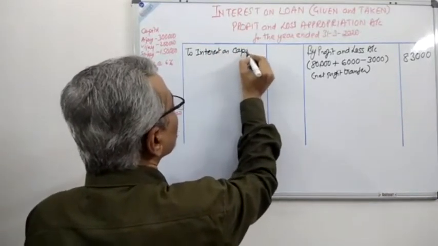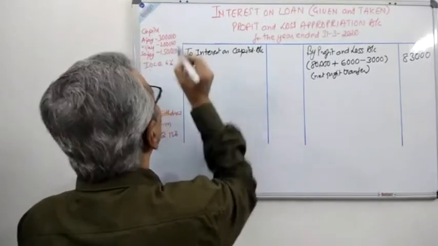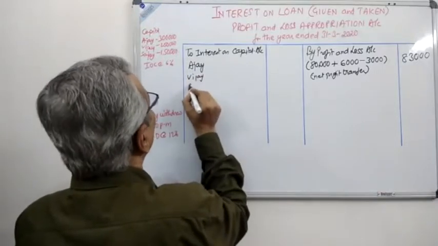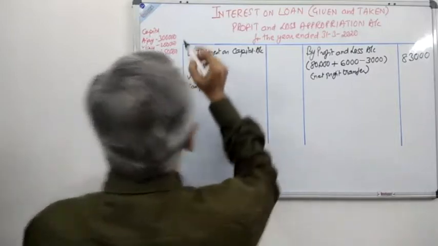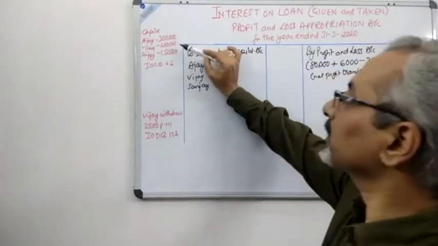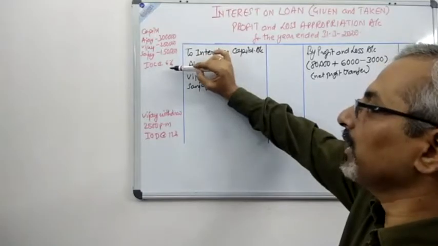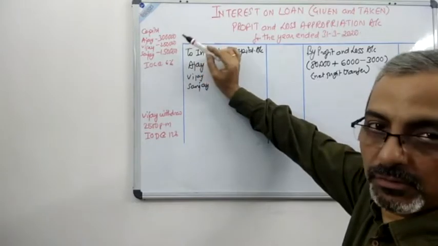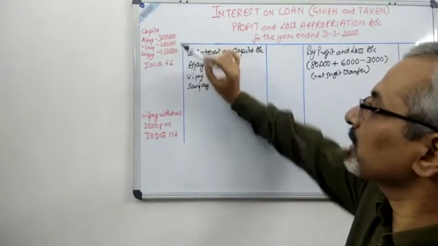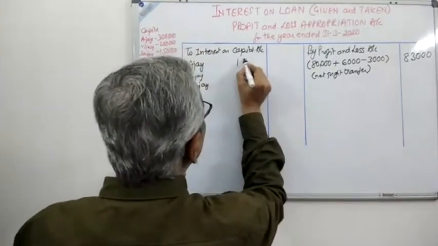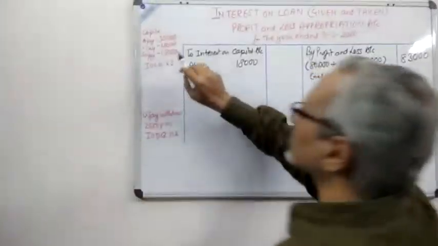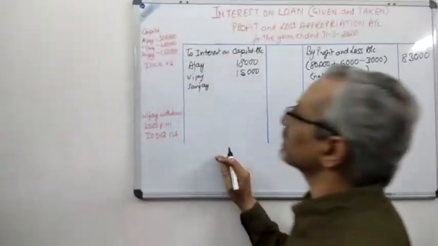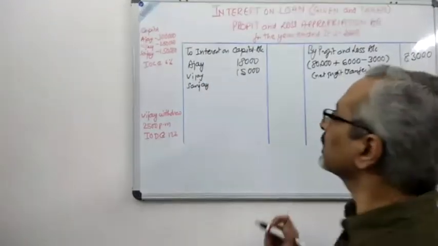which is interest on capital account. There are three partners, Ajay, Vijay and Sanjay. And if you see very carefully, I have written down the capitals over here, 3 lakh, 2 lakh 50,000 and 1 lakh 50,000, and the interest on capital according to the question was 6%. We will calculate 6%. It is a very simple calculation. So you can see 6% of 3 lakh will give us how much? 18,000. Now 6% of 2 lakh 50,000 will give us 15,000, and 6% of 1 lakh 50,000 will give us